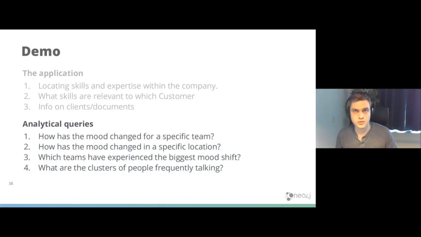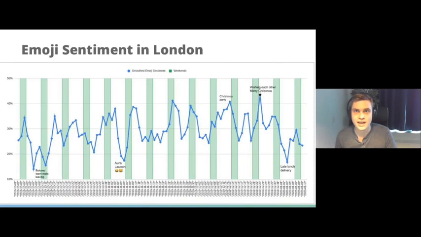Right. So besides this dashboard, we also did some one-shot analytical queries on our knowledge graph, and these provided some insight on some more detailed questions. Something that we haven't touched on before is that we used sentiment analysis for both the messages and the emojis that are used in the Slack conversations. And what's nice about that is that you can aggregate these sentiment values over time. A nice example here: we're looking at all the employees that are based in London, and how the sentiment values in their conversations evolved over time.